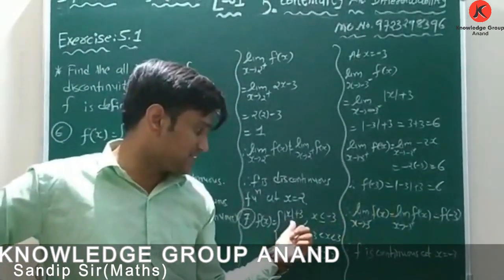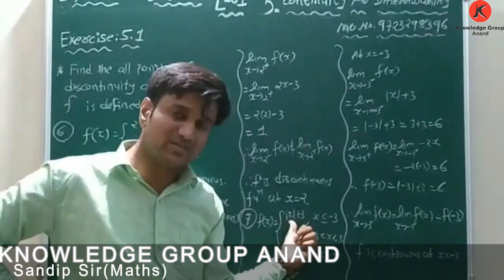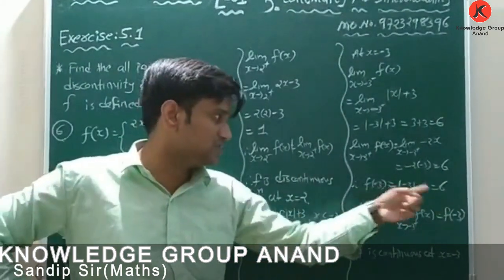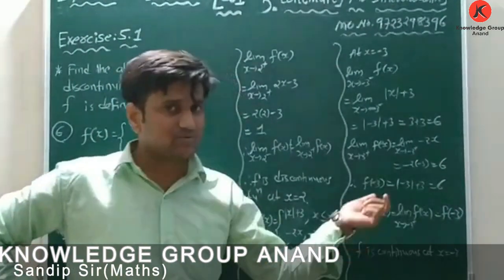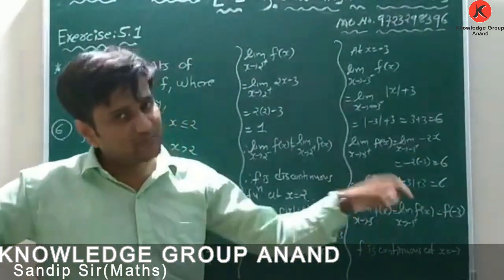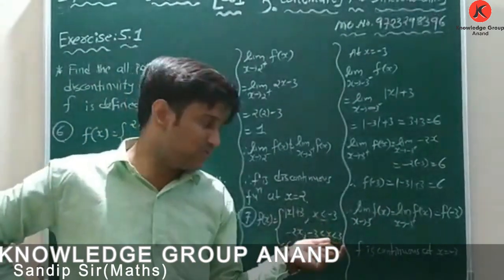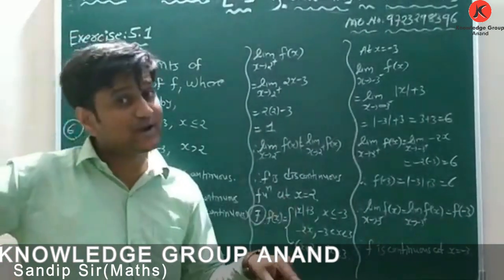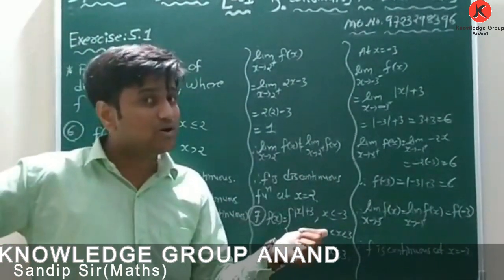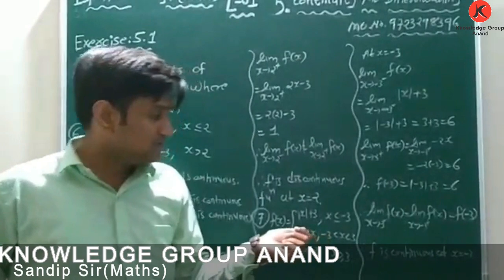So f of -3 is equal to modulus x plus 3. That means modulus of -3 plus 3, the answer will be 6. Okay, that means left hand side limit is equal to right hand side limit, and at that point it gives the same value, so f is continuous at x is equal to -3. You have to find the point at which the function is discontinuous. Okay, so